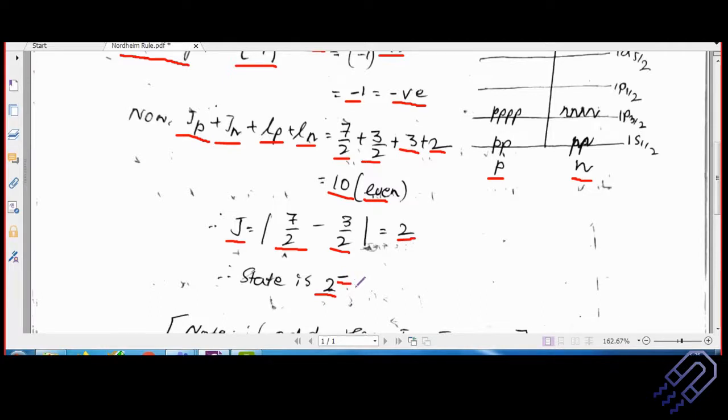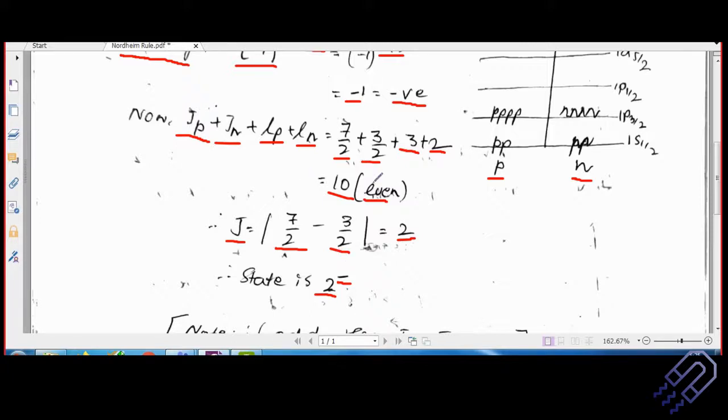In your exam, or even in your entrance exam, you'll see that these questions are given and the options will be either half integral values. Up till now, whatever spin parity we have calculated was in terms of 7/2, 3/2, 5/2, and so on, right? And it's even or odd. But now you are also getting a state which is an integral value, okay? It's just 2. So it depends on what kind of system you're considering, and depending on that, you will get the J value. So this is your Nordheim's rule.